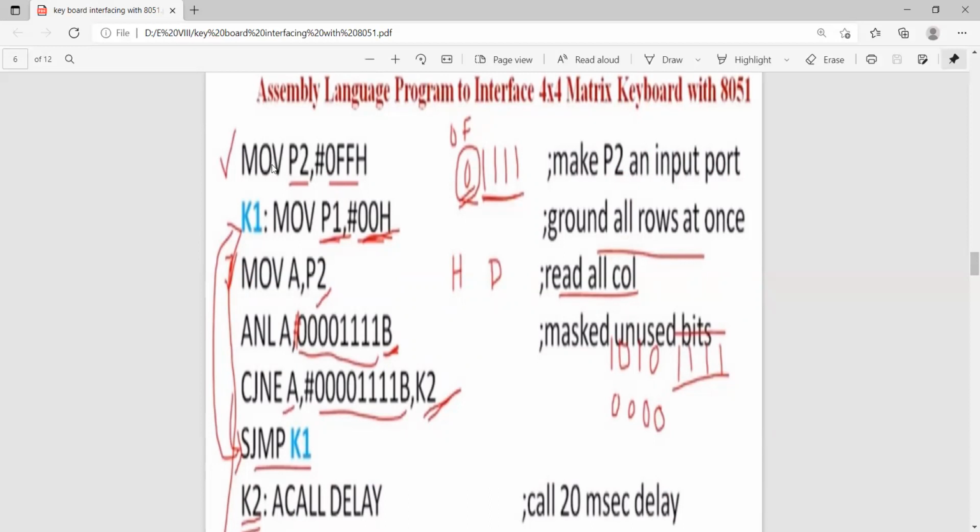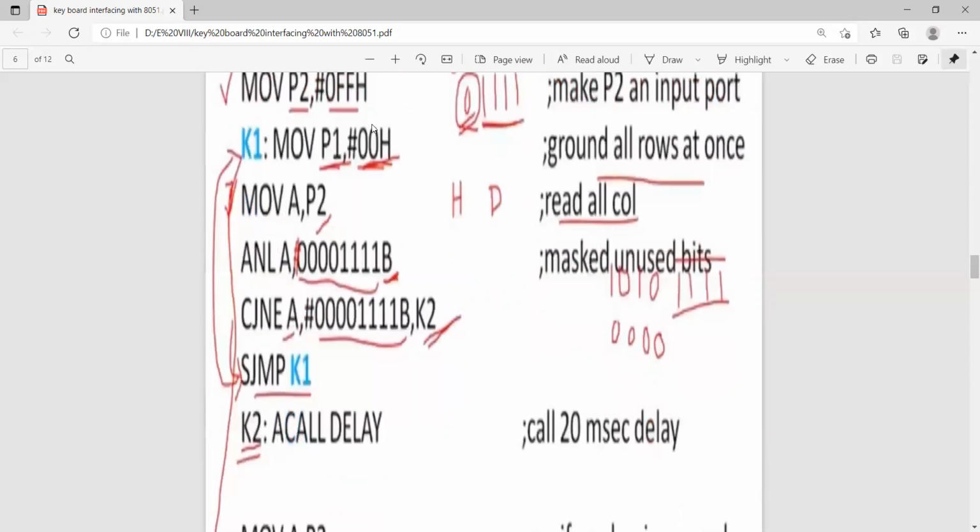To make port 2 an input port, we send FF data to port 2. Then, what is the initial value in port 1? The port 1 value is 0, 0. So all the values of the rows, the initial value.